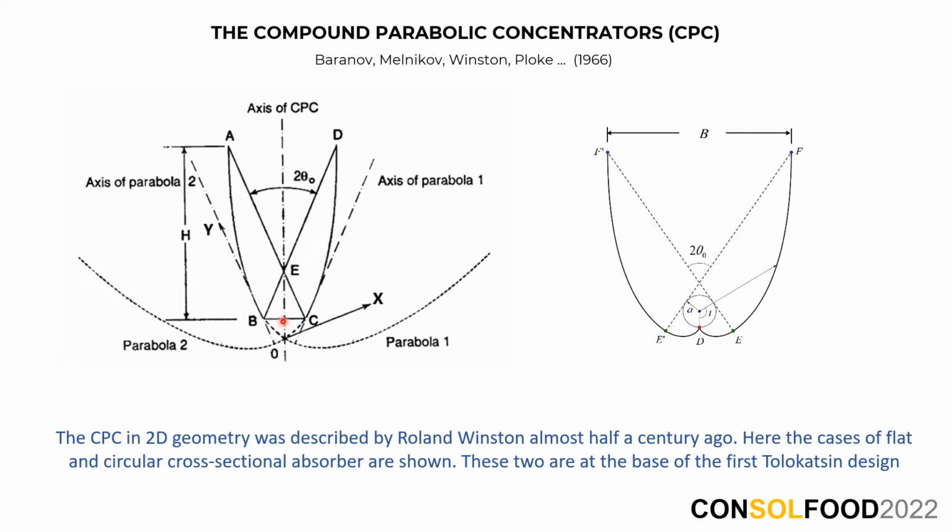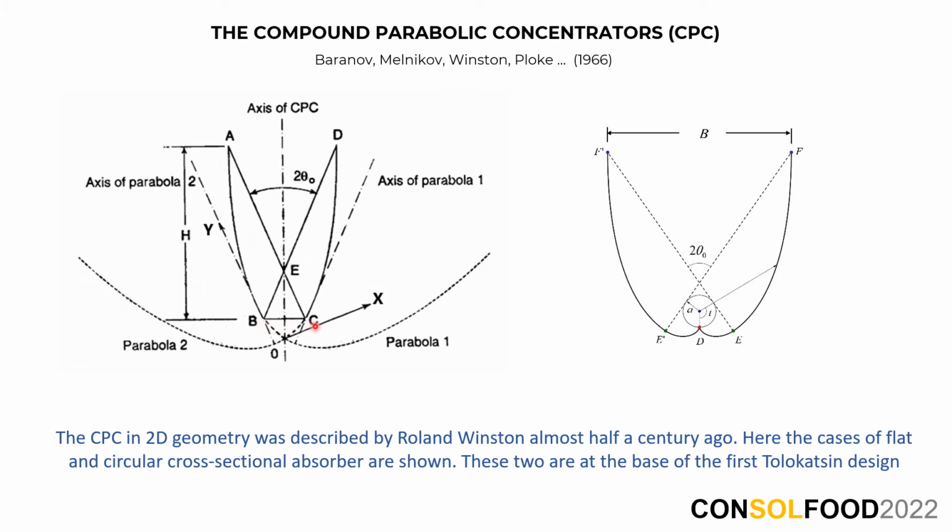The solar concentrator with a flat absorber was the first to be discovered and was called compound parabolic concentrator, or CPC, because it is formed for the two-dimensional case by two cylindrical mirrors of parabolic section, as shown in this figure. This geometry is ideal for applications where the absorber is naturally flat, as in PV systems, but it's